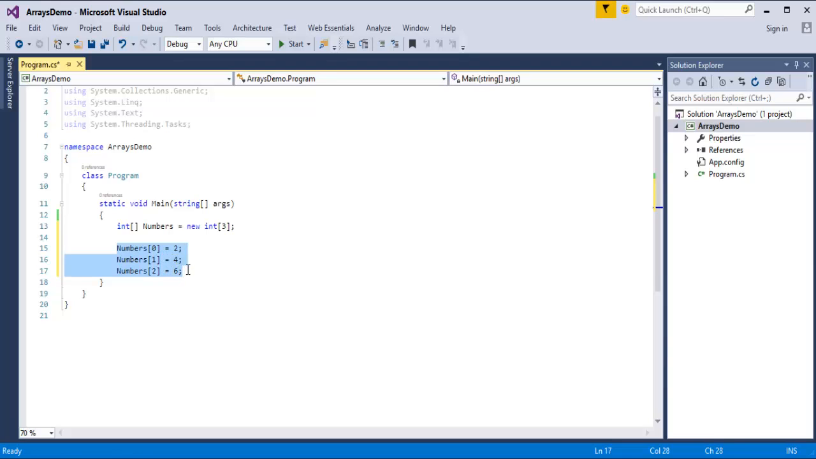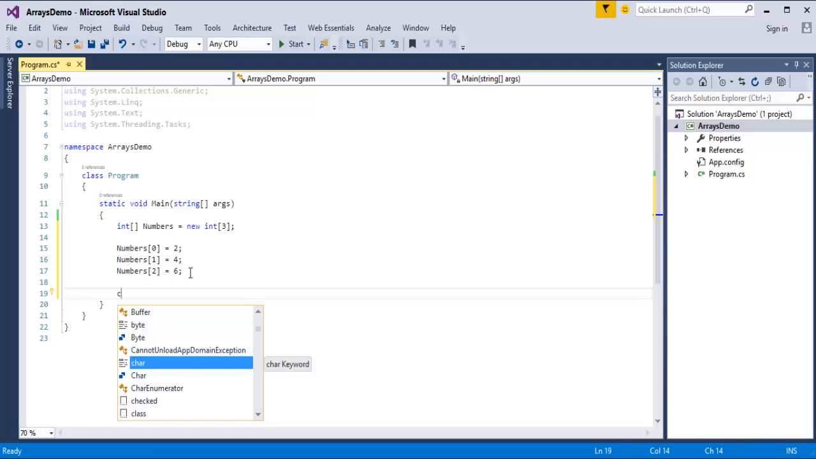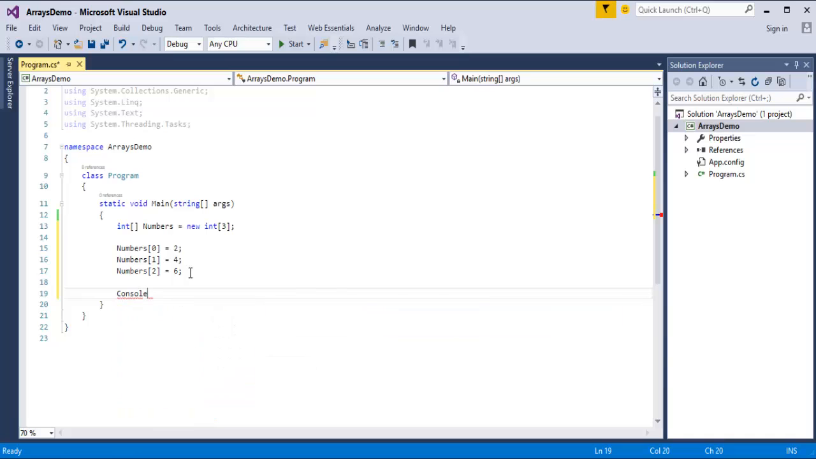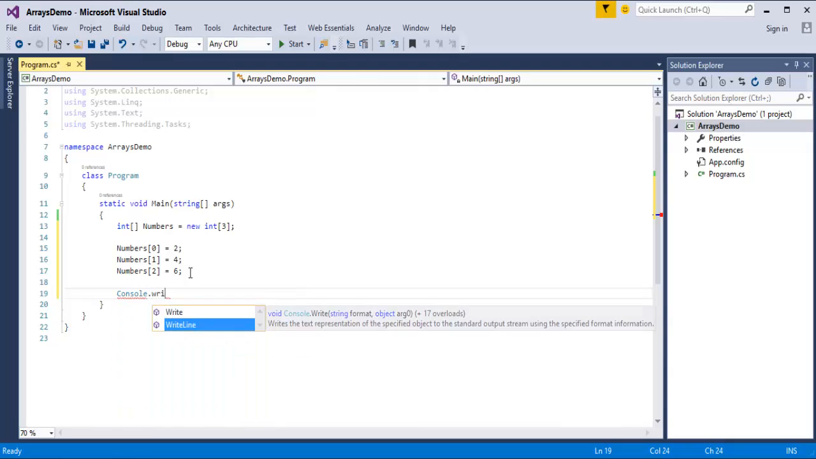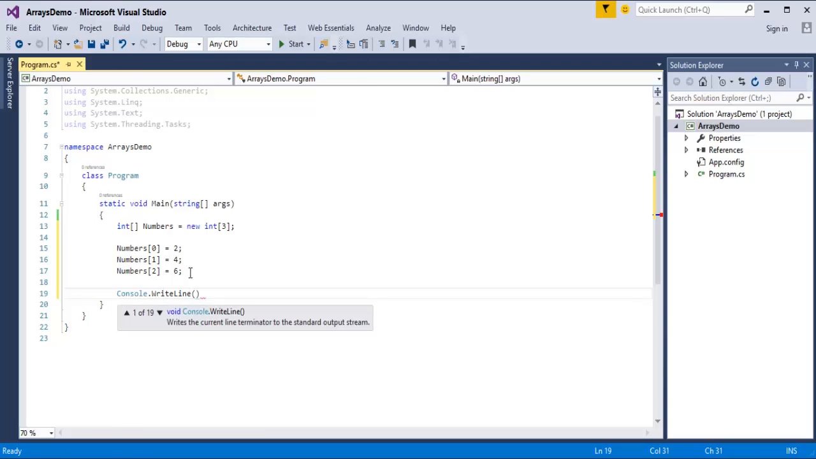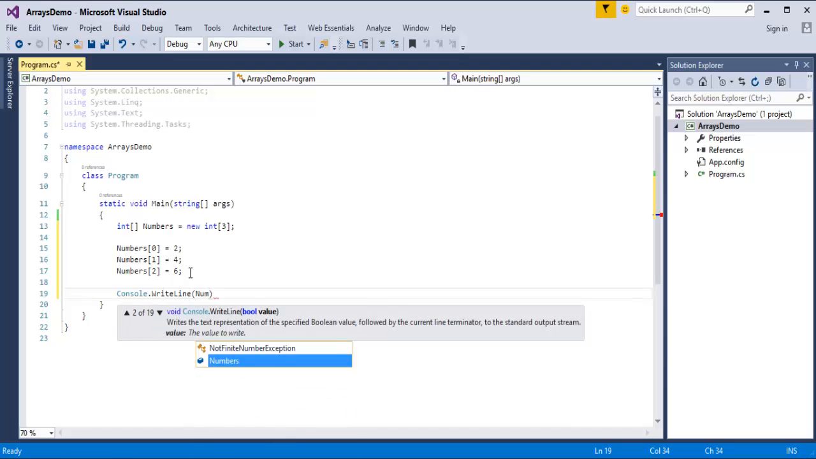Now once array is declared and initialized, now I want to access it back. Means I want to print it on the console. How to do that? I'll use Console.WriteLine(numbers